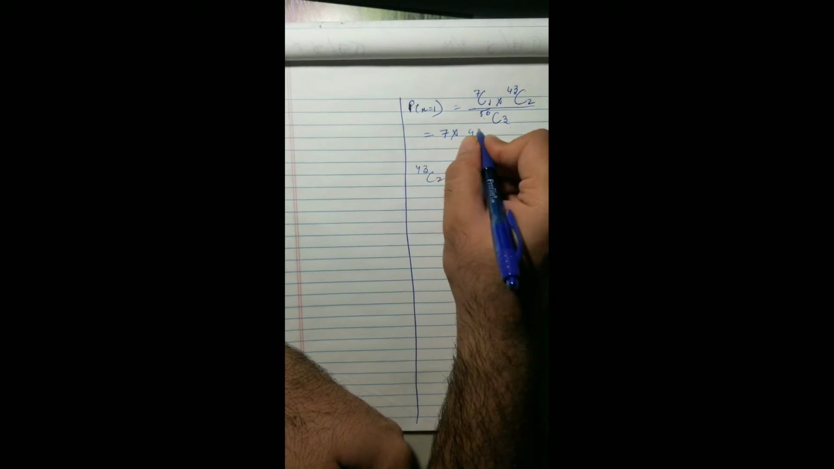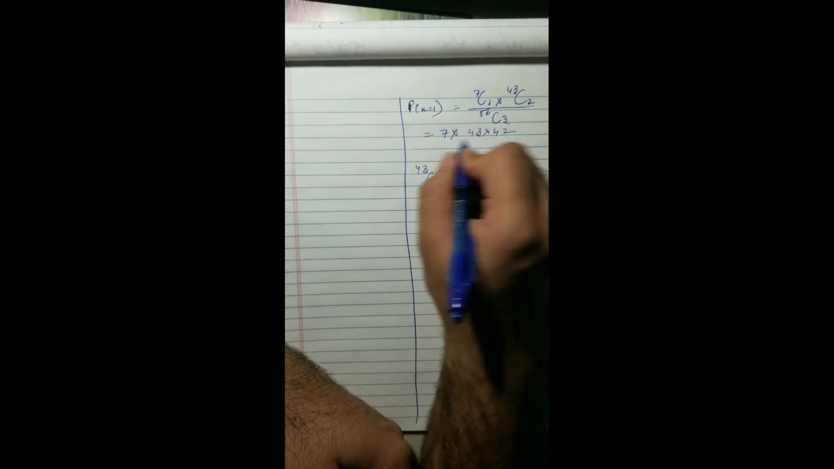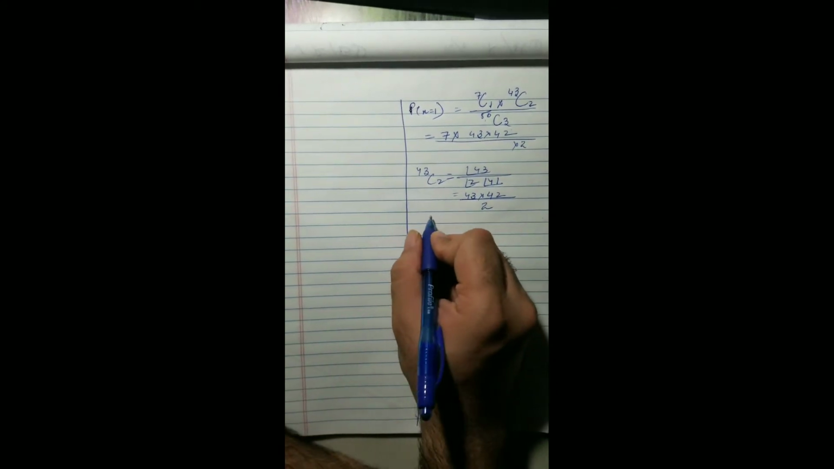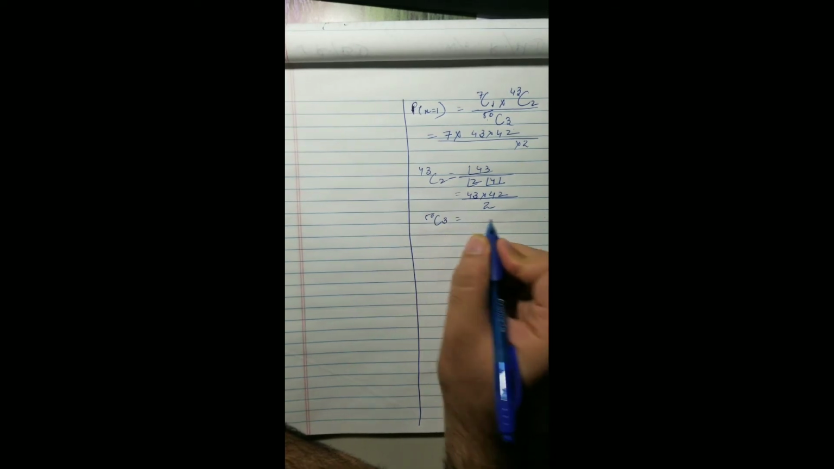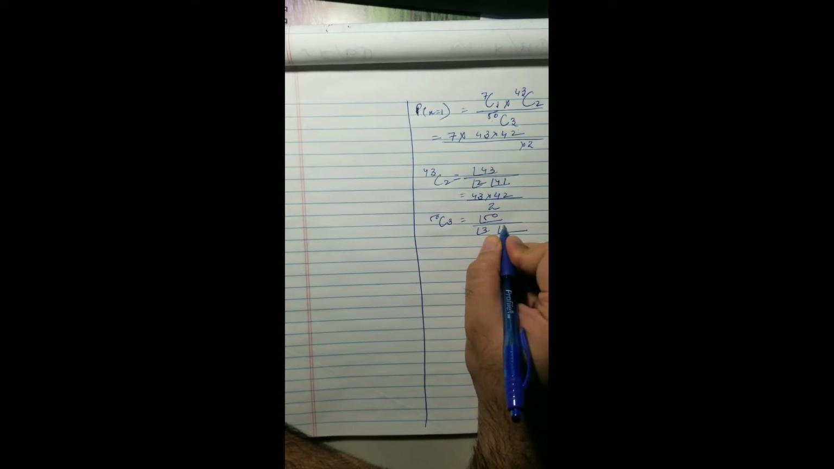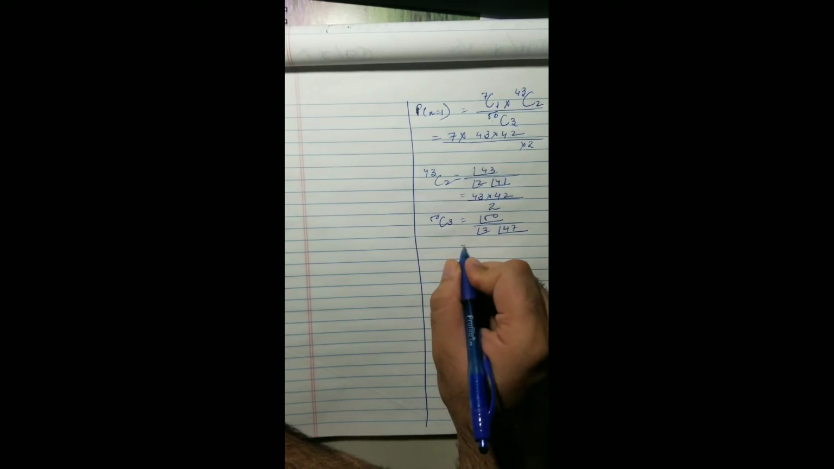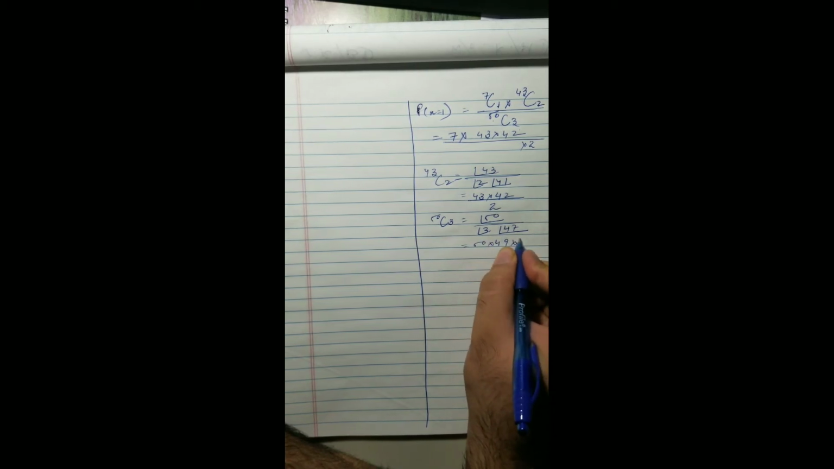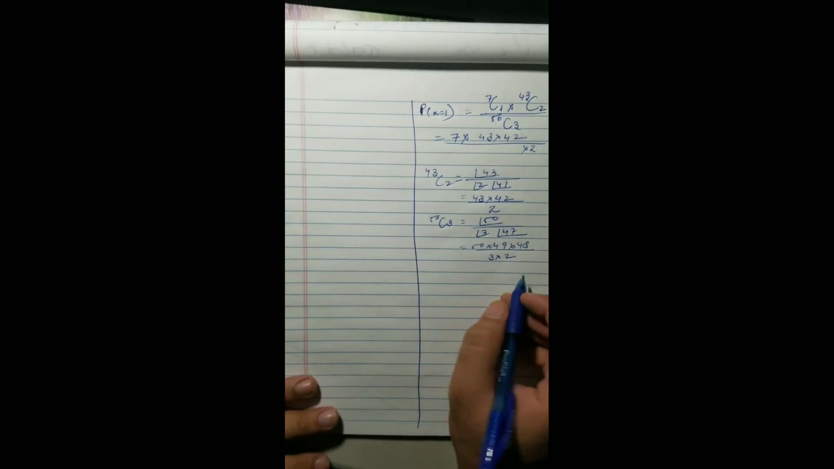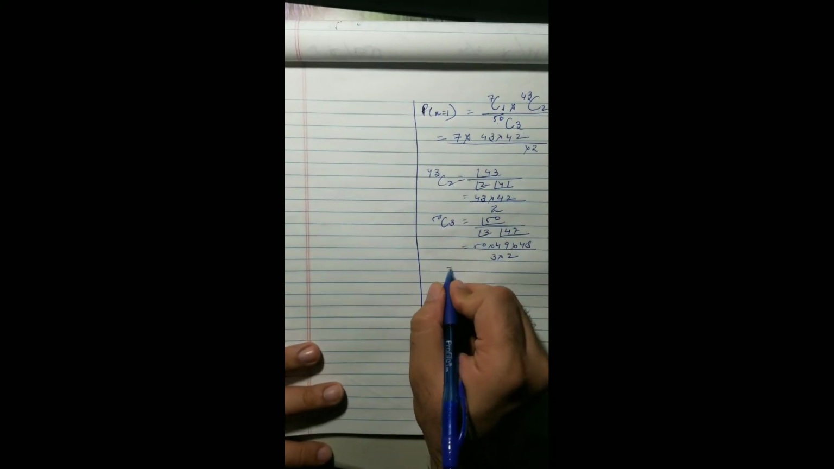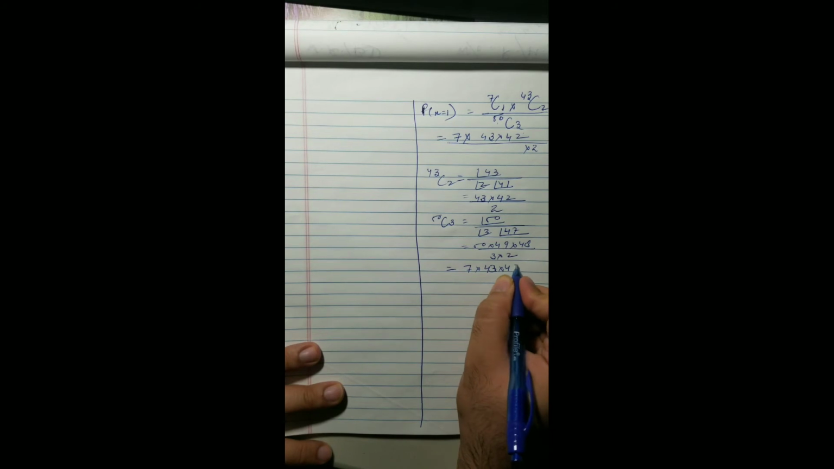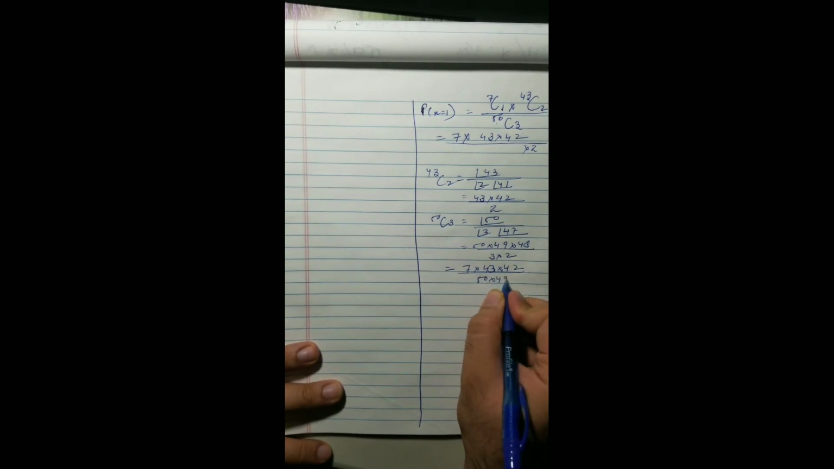correct? So 43 into 42 over 2. 50C3 is factorial 50 over factorial 3 factorial 47, which makes it 50 into 49 into 48 over 3 into 2, right? And if I put this into this formula, it makes it 7 into 43 into 42 over 50 into 49 into 48